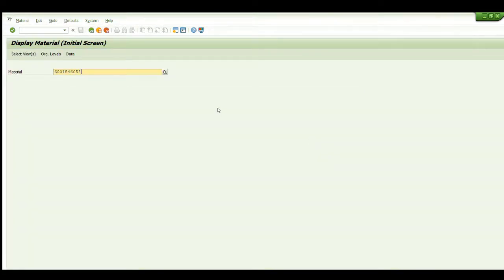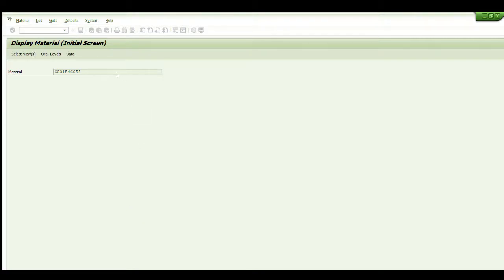Now we will check in the material master. The transaction code here is MM03. Pass the transaction code MM03 in the command field. You will get this screen. Pass the material here and press enter. In the material master, the delivering plant will be available in the sales org data view. So you can choose sales org data 1 and click continue.